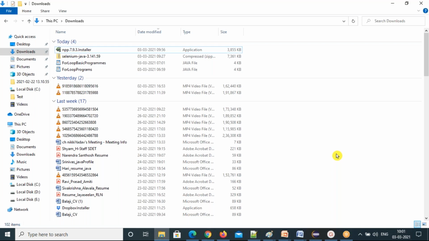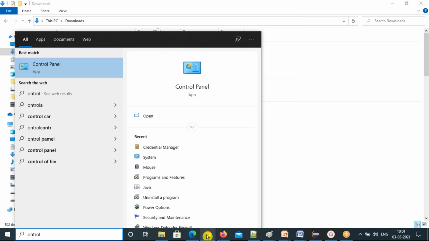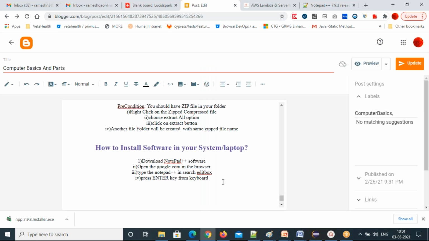In the downloads, only downloaded files will show, but installed software won't show there. You have to type control panel. But let's finish this first: how to download and install software. Press enter key.